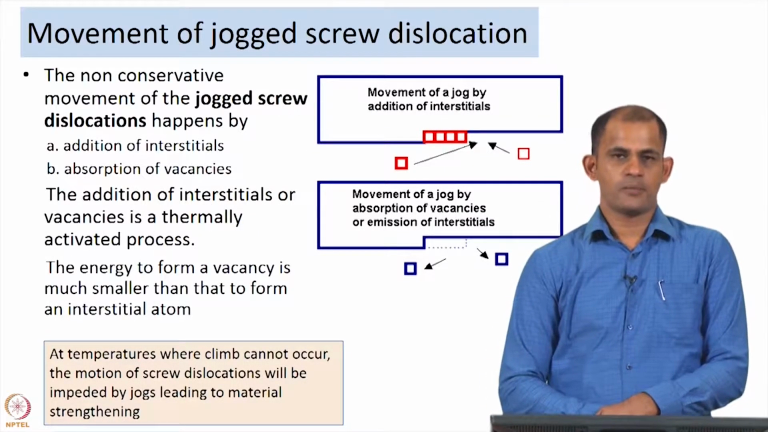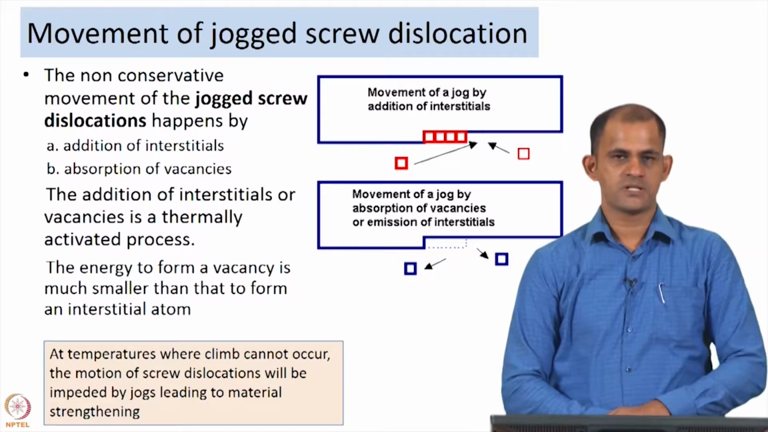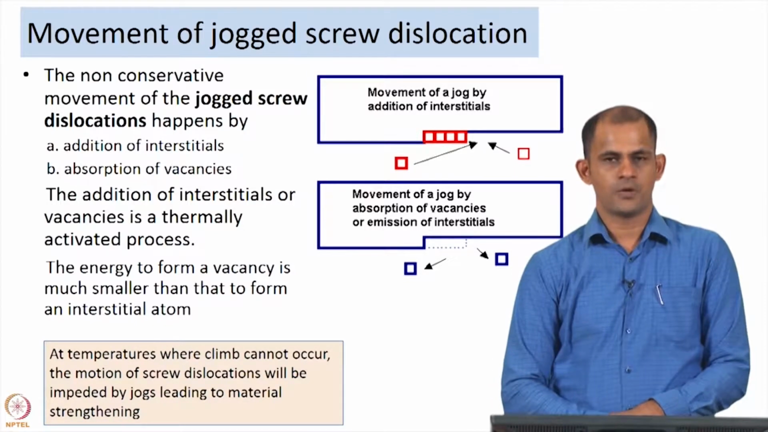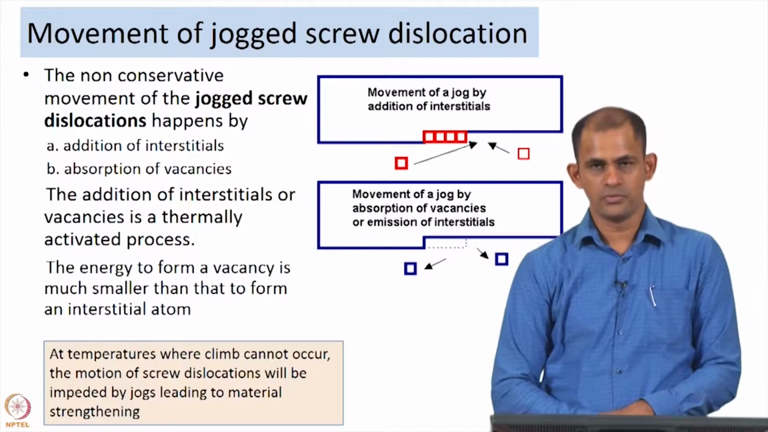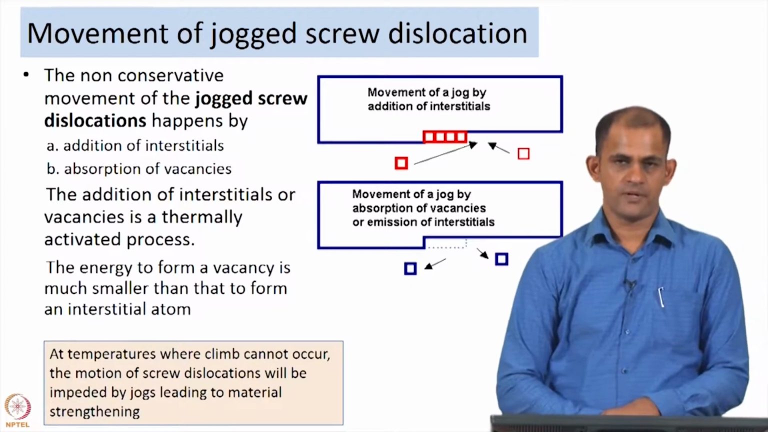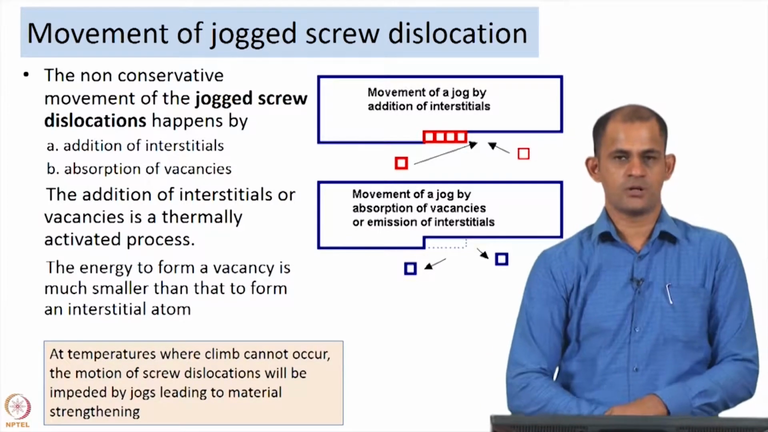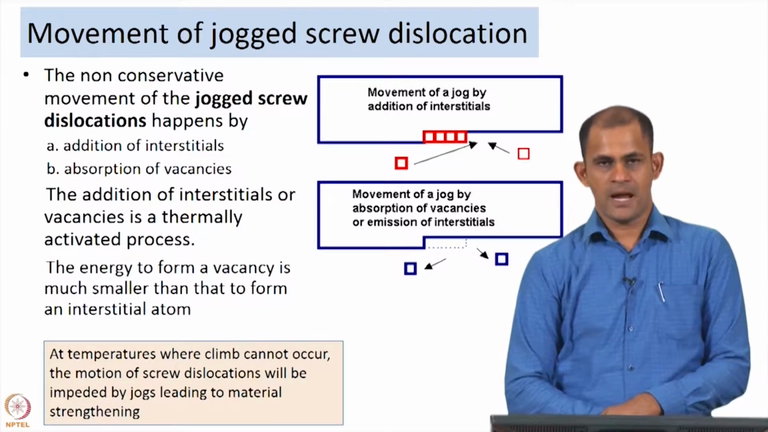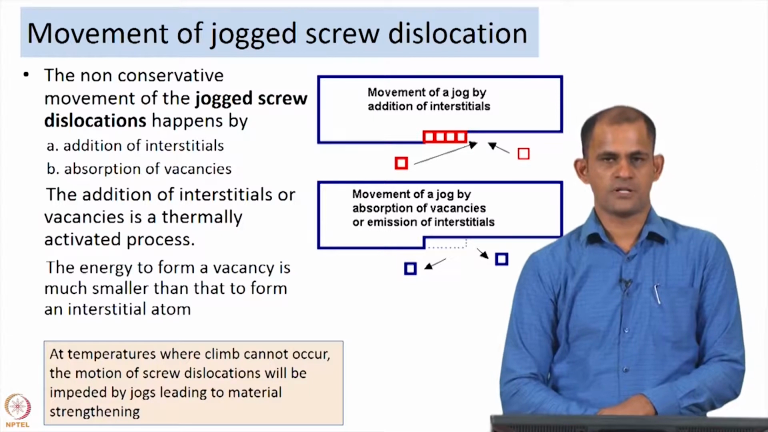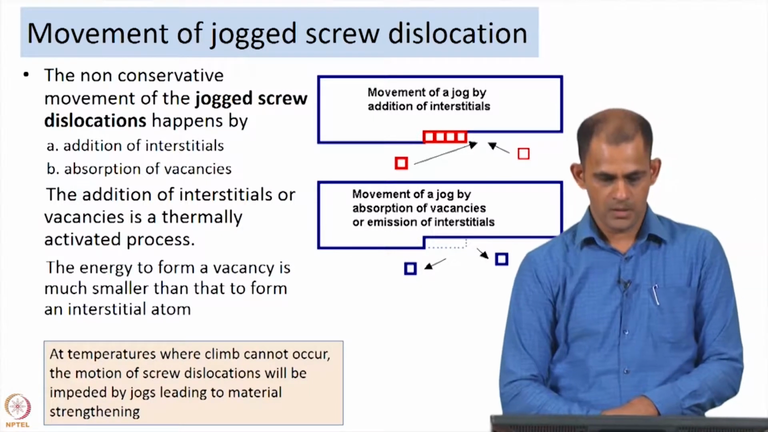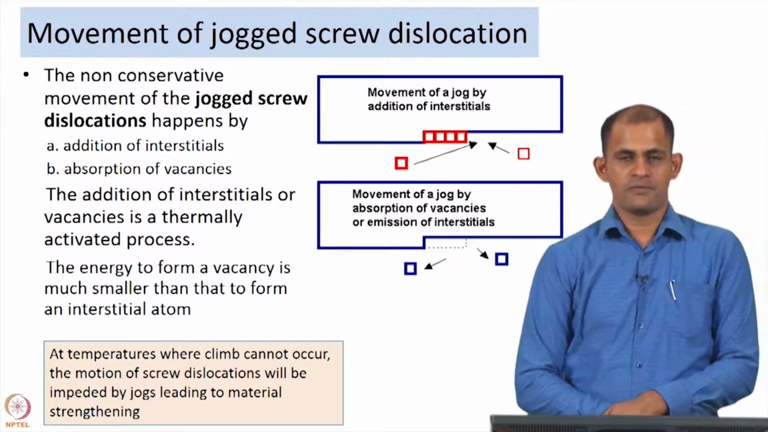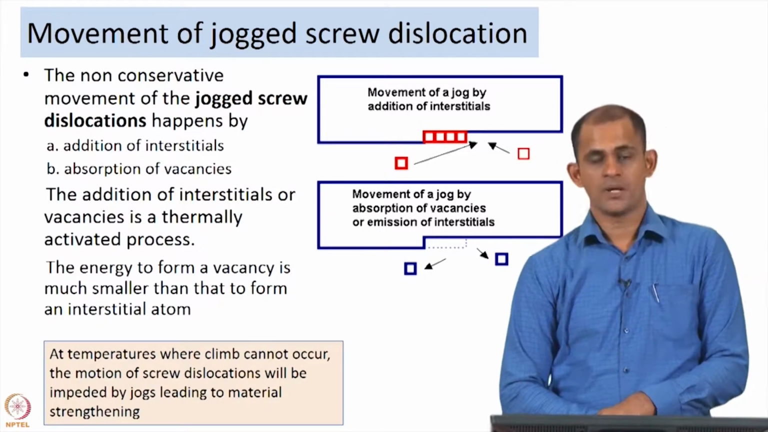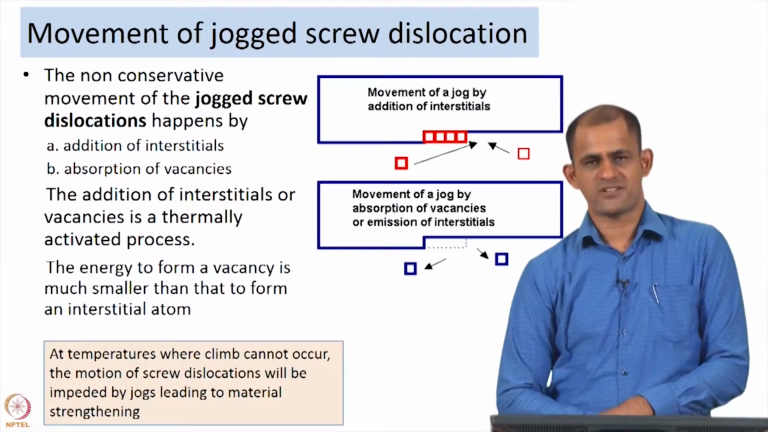So, we were talking about the behavior of jogged screw dislocations. We are talking about how jogged screw dislocations move by either the addition of interstitials or the absorption of vacancies to the dislocation core region, and the jogged screw dislocation is a non-conservative motion of dislocation. So, with this knowledge we will go on to the next set of slides, which is about some characteristics of